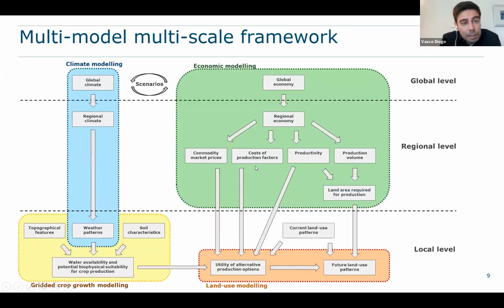So this is a figure graphically depicting the modeling framework. On the top level, we see the part of the framework that deals with global level dynamics. On one hand, we have the definition of scenarios that allow us to establish the relationship between trends in the global economy with its impacts on the global climate, or on the other hand, translate global climate impacts into impacts on the global economy. And based on these storylines, on the left side, we then downscale these global climate simulations into